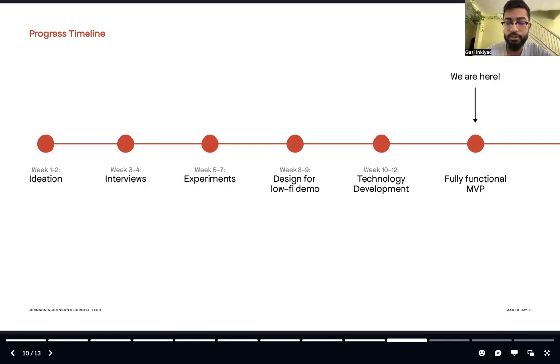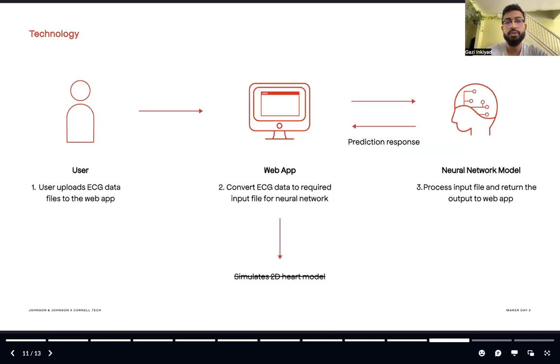And yeah, so next, I'll just go over the technology behind this product. How it works is the user, whether it's doctors, nurses, or medical students, would upload ECG data into our web app, currently. In that web app, we have a machine learning model embedded within the app. What the app does is read the ECG data and process it,